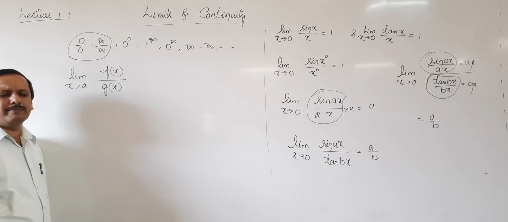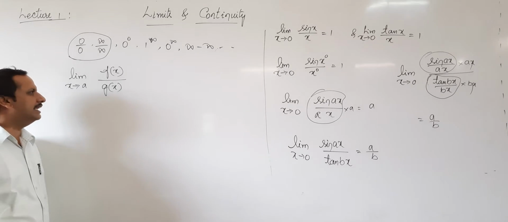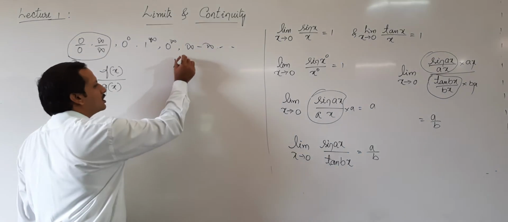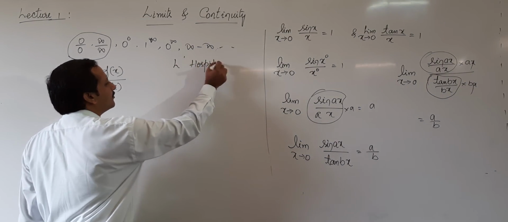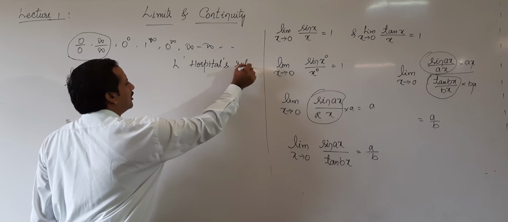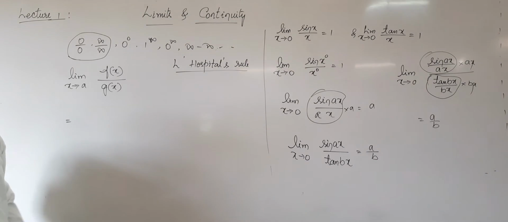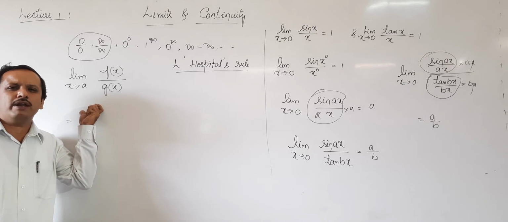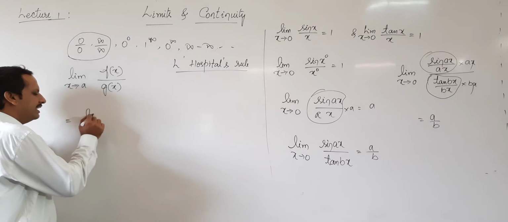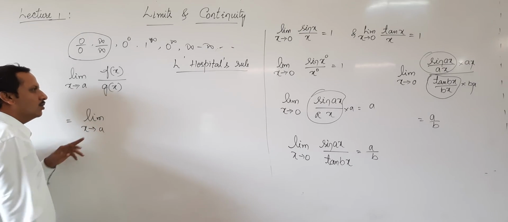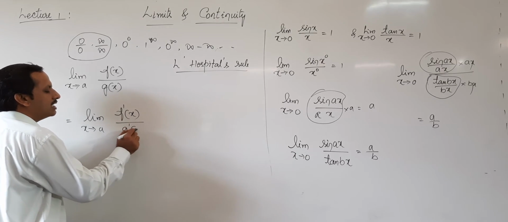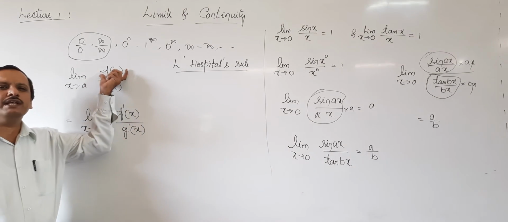If I directly apply the limit and get 0 by 0, which is an indeterminate form, then we have one shortcut for this, called L'Hospital's rule. L'Hospital's rule says that when we directly apply the limit, if you are getting 0 by 0 or infinity by infinity, then this limit is equal to limit x tends to a, f dash of x divided by g dash of x. That is, you have to differentiate